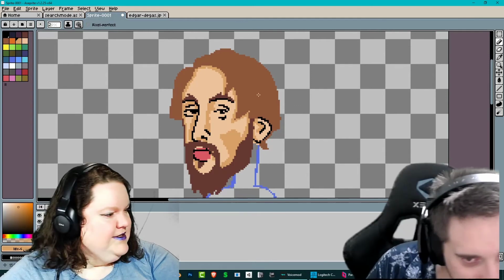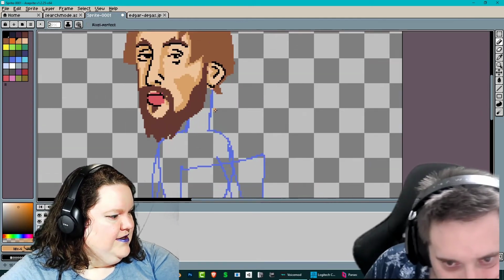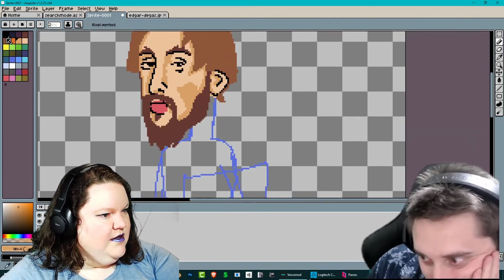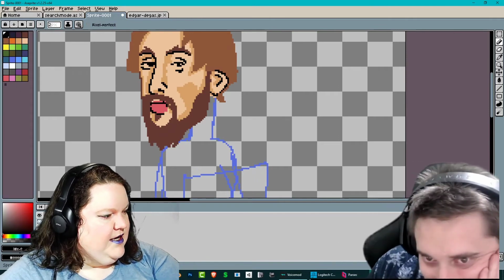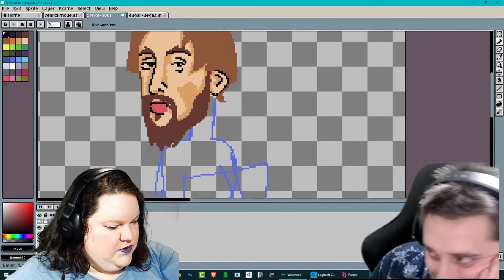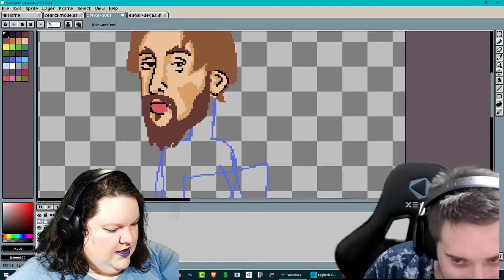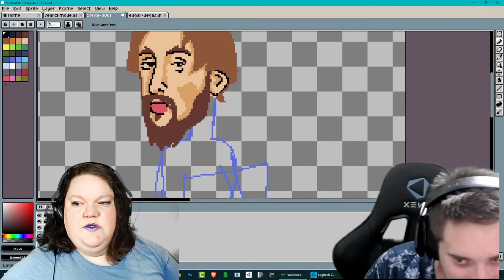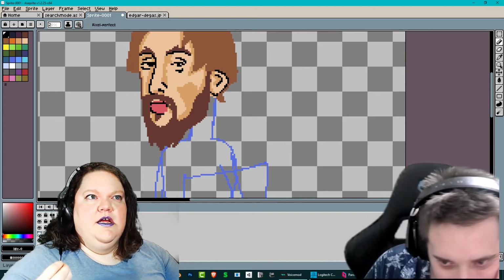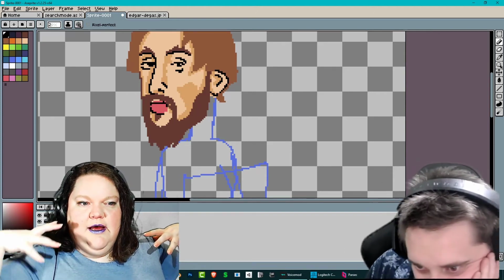Okay, now it is time to move on to his body. Let's give this creepo a head. I mean, he already has a head, but I'm going to do a new layer. I'm going to put it underneath the head layer. So what I'm doing here is that, when it comes to animation, it's kind of going